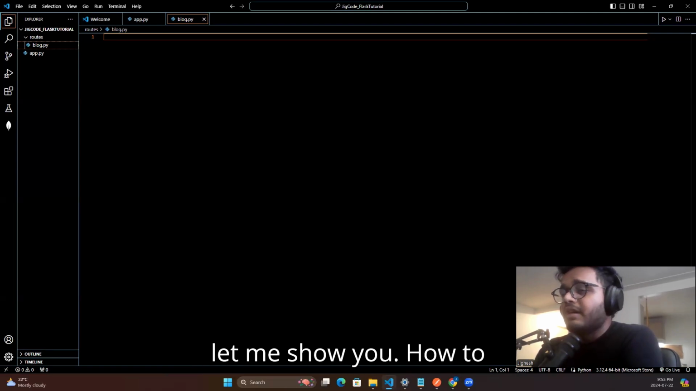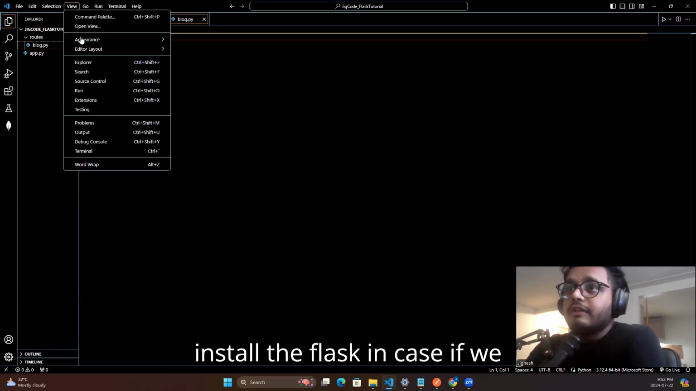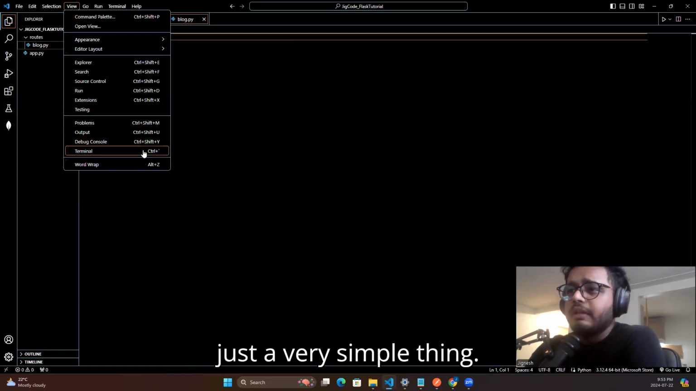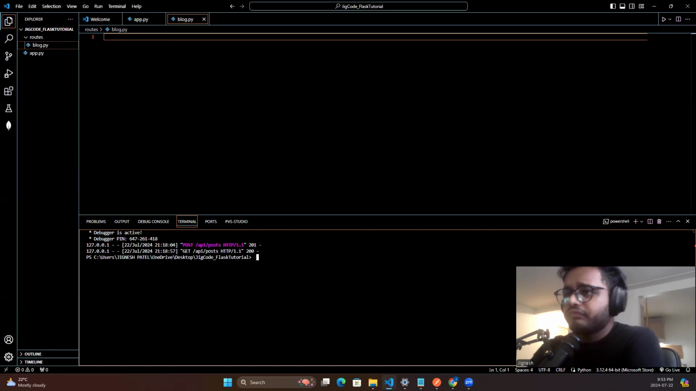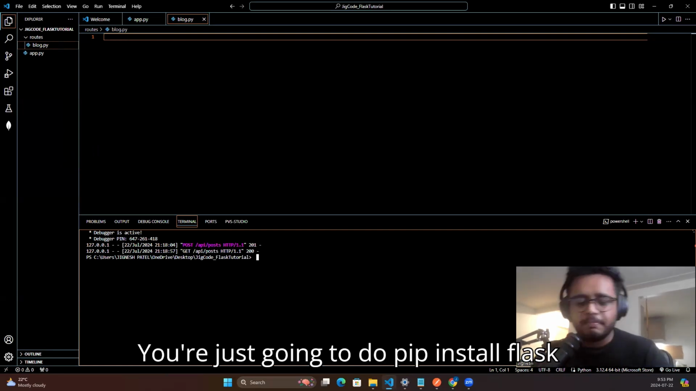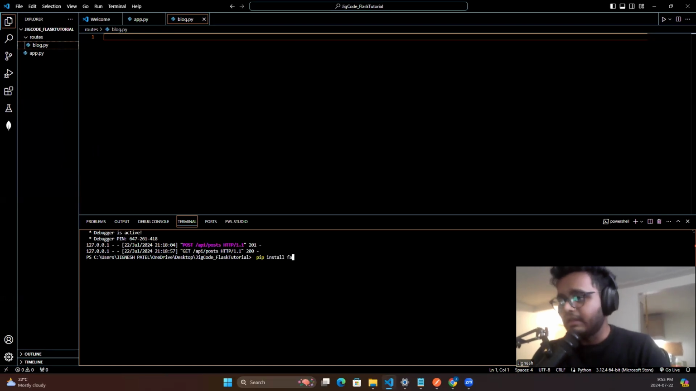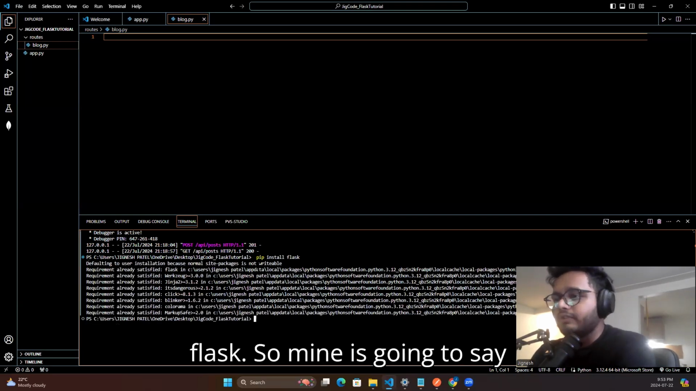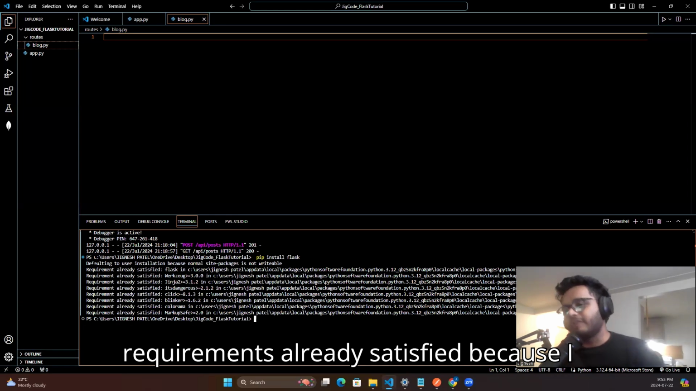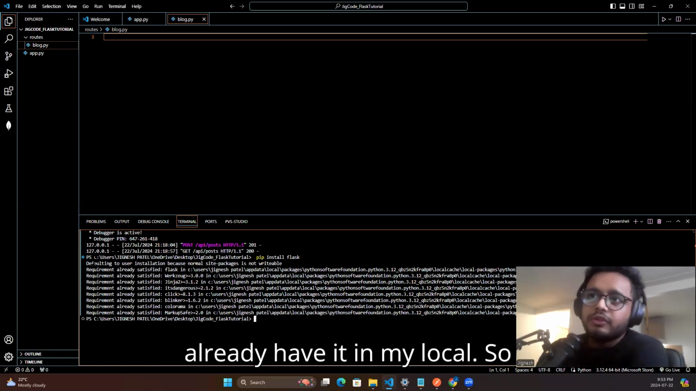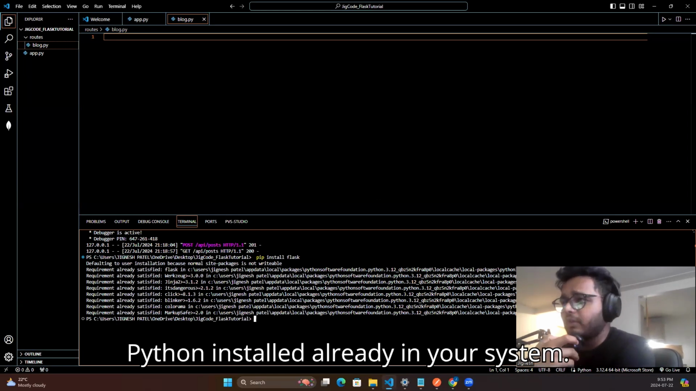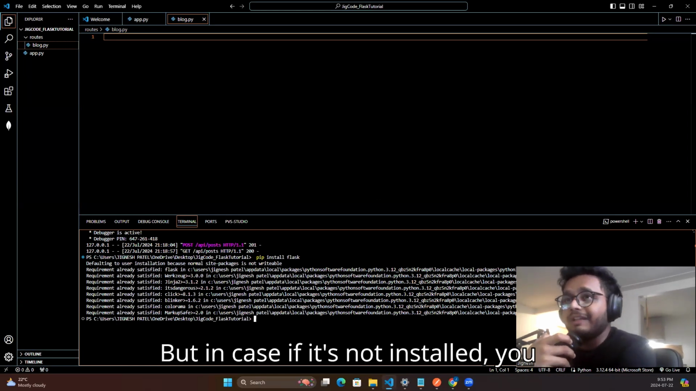But let me show you how to install Flask in case you don't have it. It's just a very simple thing. You are just going to do pip install Flask, and then you are going to have all the libraries related to Flask. Mine is going to say requirements already satisfied because I already have it locally. So that's how you can do it. You must be having Python installed already on your system. But in case it's not installed,